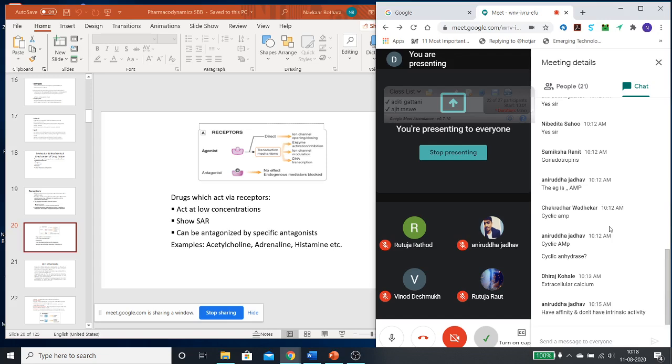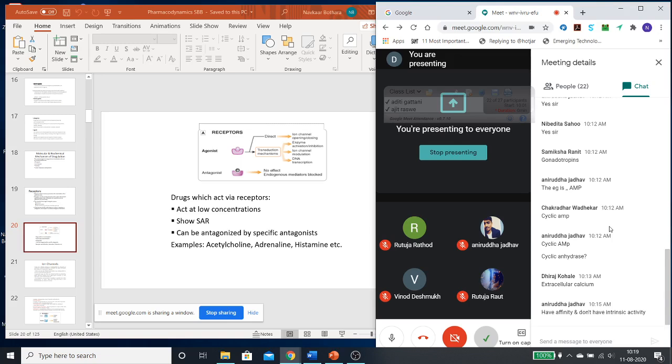So if it is able to open, then we call that it is having intrinsic activity. If it is not able to open, it will just go inside the lock. Until it is inside the lock, the actual, original key will not be able to open. And therefore many times the example you will find in books is the lock and key mechanism. Okay, so that means that affinity is the portion which should be able to match the keyhole and get into it. And the second thing is the actual levers, which will be able to match with the internal mechanism, so that it will be able to open the lock.